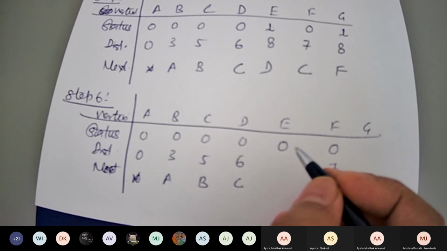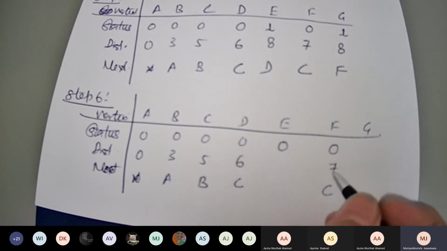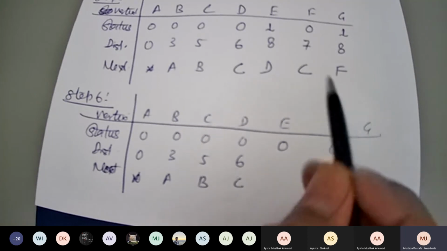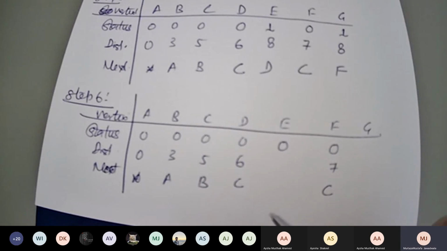Make the status 0. So what will you write? Sir, if the final vertex is G, we'll just directly take G and the shortest path will complete, correct? No. Until and unless each status becomes 0, you will have to keep walking. Okay. Because manually, your mind says that this is correct, but how will the computer come to know? So there should be some condition through which the computer should check it.